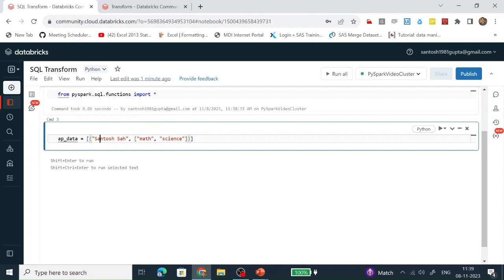Okay, so let's copy and then modify it for the second object, and this is the third object. So let's change the names, make the subject social science, and this would be computer.